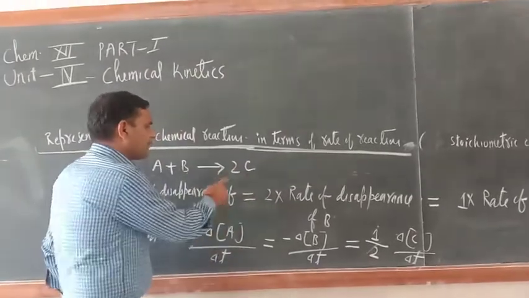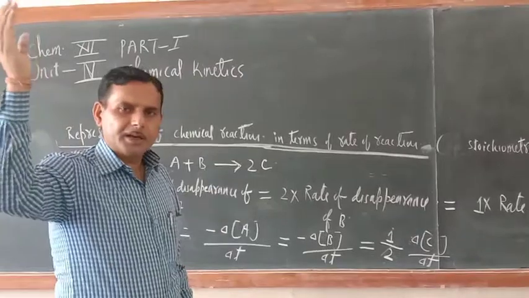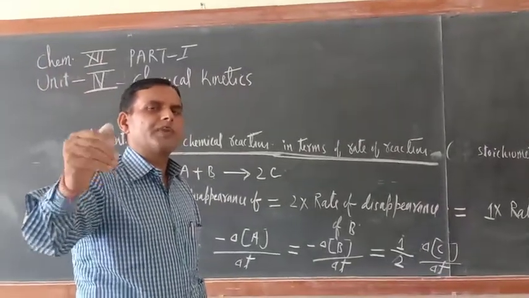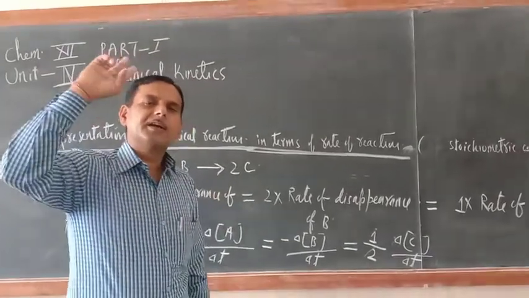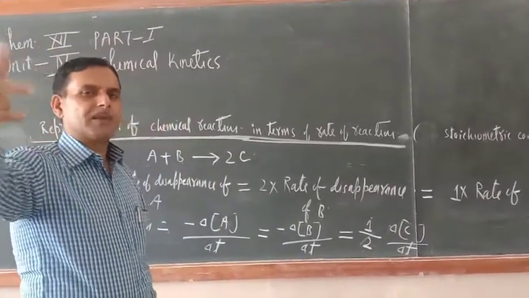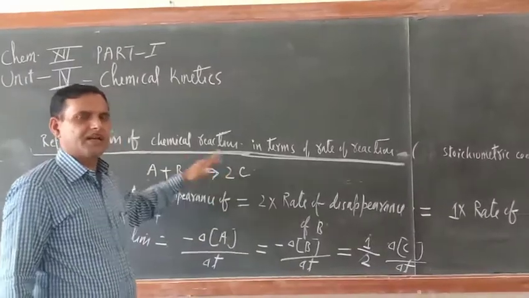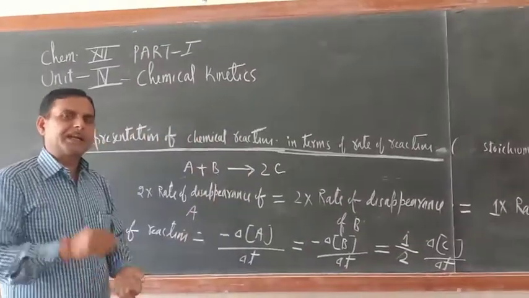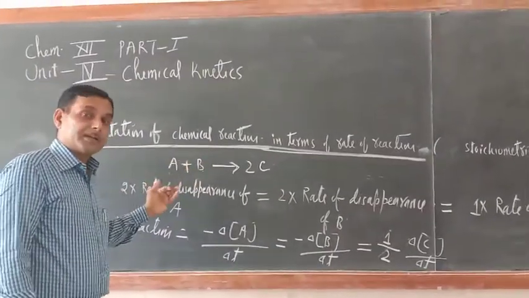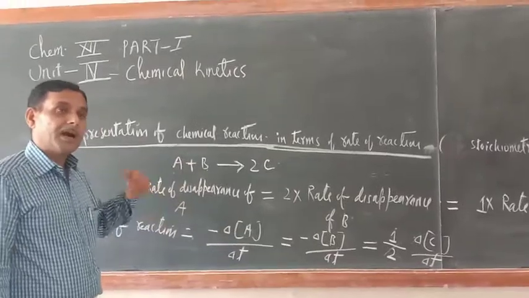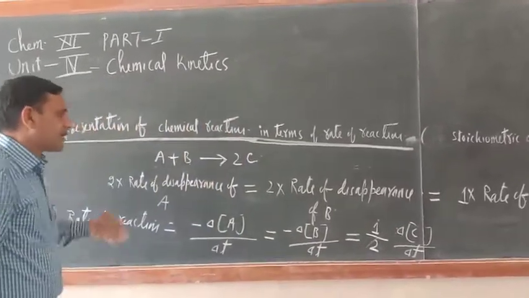So whatever stoichiometric coefficients are involved, they should be written as 1 by. If the species is on the reactant side, a minus sign should be written. If it is on the product side, a plus sign should be written. So there is not much difference here. Now always remember, in rate of reaction we are not including the molar concentration. But suppose we are telling the same thing in terms of molar concentration, then what can we say?